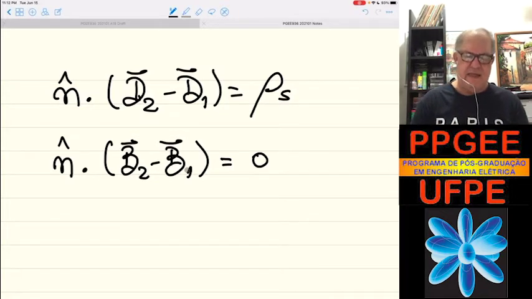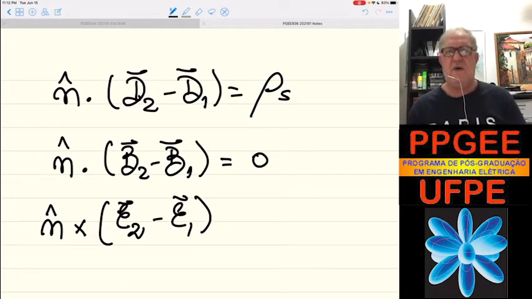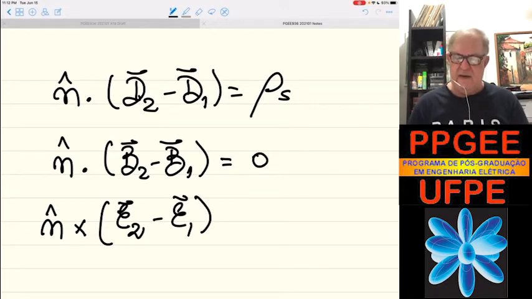The other equation is N cross (E2 minus E1). This comes from Faraday's law, and this equals minus dB/dt